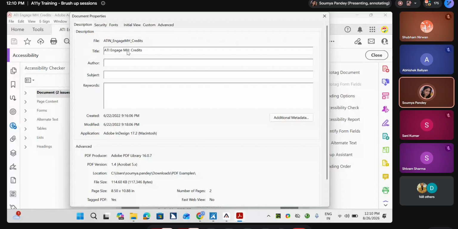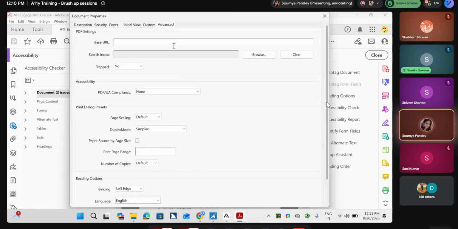So we will check for the title, and here we will check whether the PDF is tagged or not. Here you will see Tagged PDF. It says yes. That means the PDF is tagged. In the advanced tab, you will